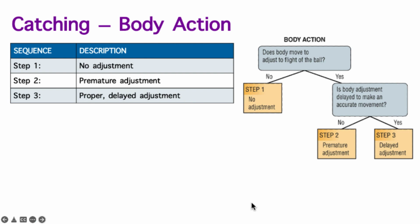If we have step 2, so yes, the body does move to adjust to the flight of the ball, then we have to look at the timing. So if the adjustment is delayed to make a more accurate movement, we call that delayed adjustment. If the catcher tries to move too prematurely and it kind of looks awkward, so like the arms and trunk move in relation to the ball's flight path, but maybe their head remains upright and their movement towards the ball or the object being caught is kind of awkward, then that would be a step 2. Unfortunately, the textbook publisher doesn't provide an example of a step 2 catching movement,